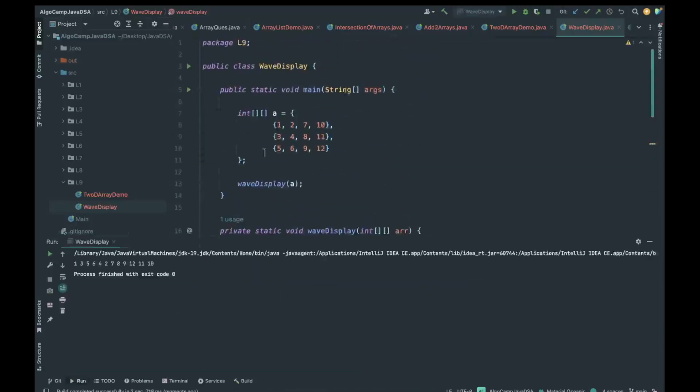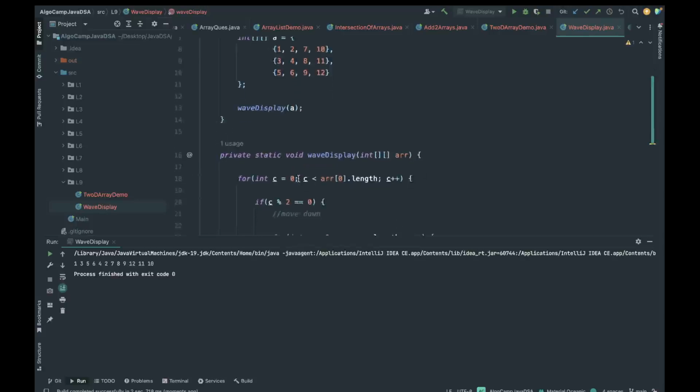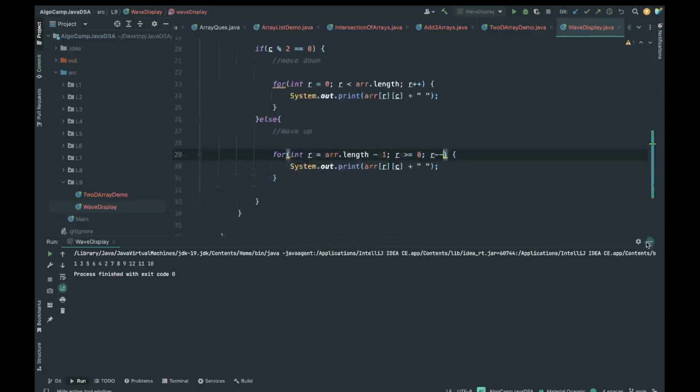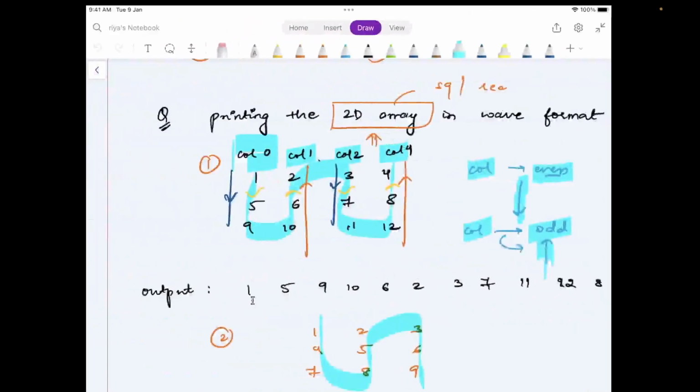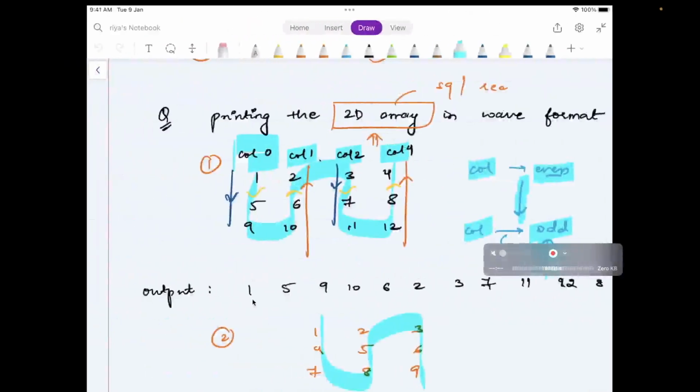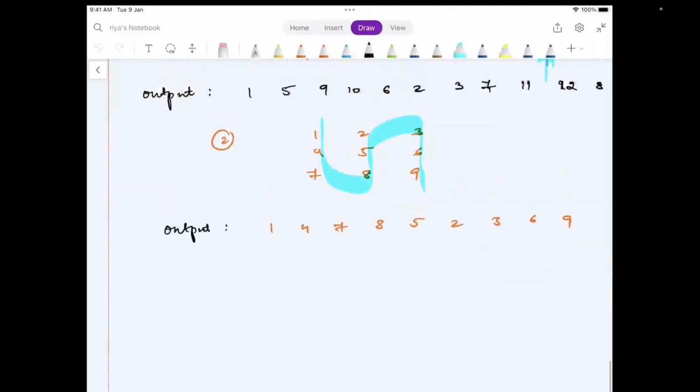Let's verify. We have 1, 3, 5. Then we have in the output 6, 4, 2, so we are moving up. Then we have 7, 8, 9, so we are moving down. And then we have 12, 11 and 10. This is how you can do a wave display of the elements. You're moving up, you're moving down in a certain format. If you want to see it internally,